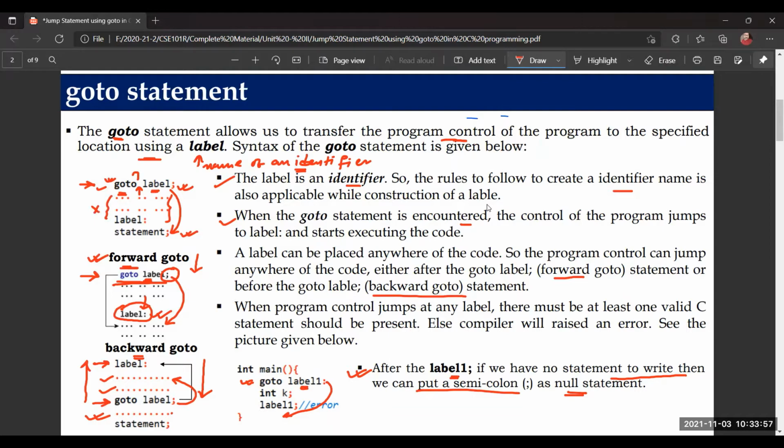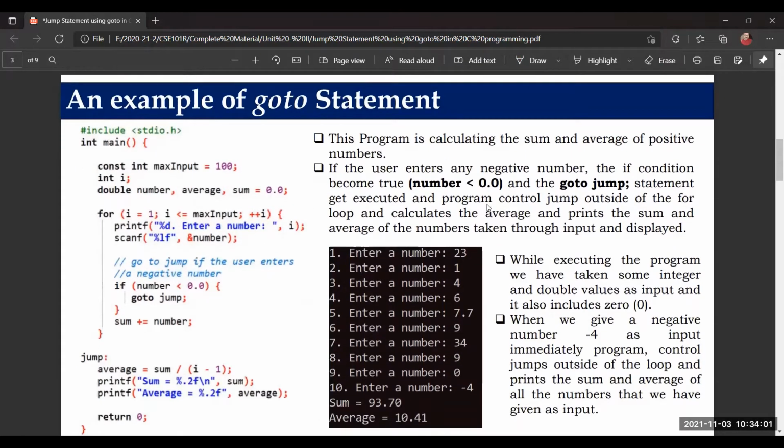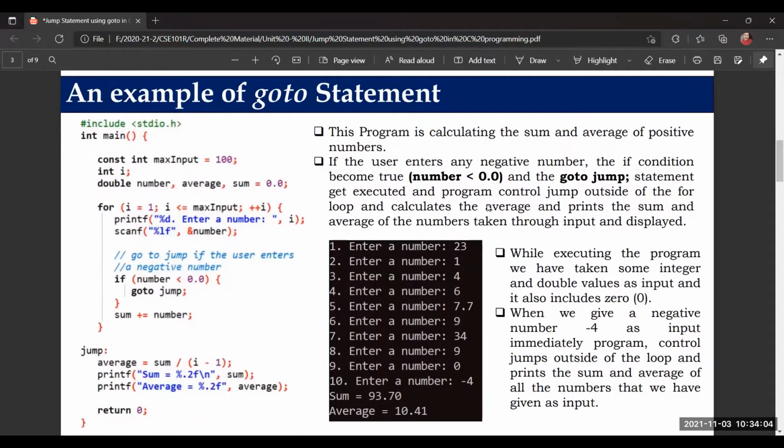Okay, so now let's see the code for that. Here I have taken a simple example. This example is taking input, some floating point numbers. Here I have declared these floating constants as double. So double, floating point, double data type, and number has been declared right now. It is not initialized. We have taken a value here, maximum input 100. It is a constant, so the const keyword has been used, and another variable i is declared.